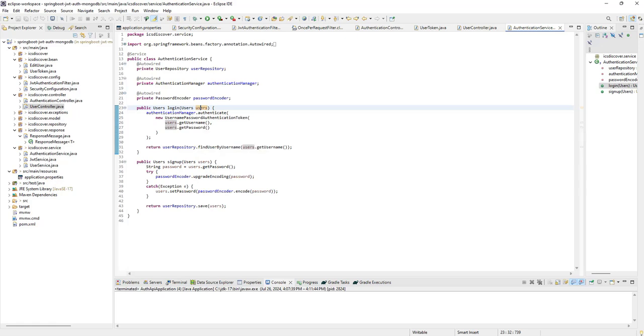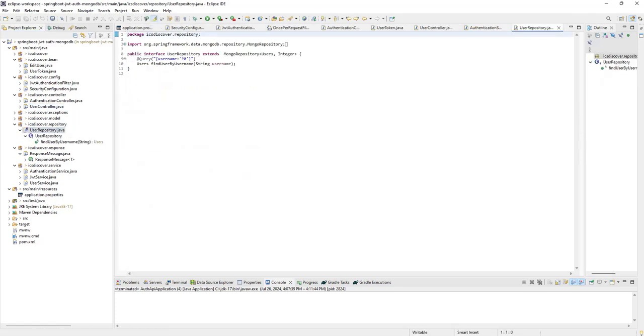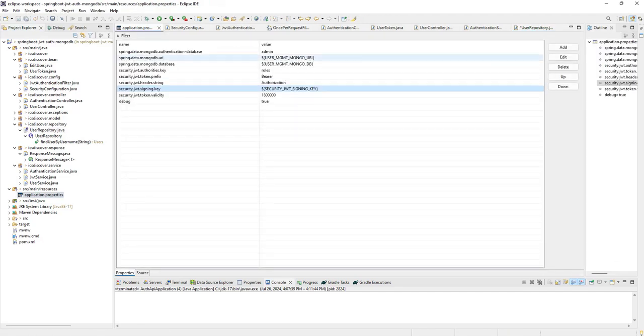Now let's look at the user repository quick. User repository is used in Spring Boot to connect to the database in a seamless manner. We're not writing any queries, not doing a lot of things. It already extends an existing Mongo repository. Remember, we're using a Mongo database, right? And all the information is automatically retrieved by Spring Boot from this place right here. So going back to authentication service,